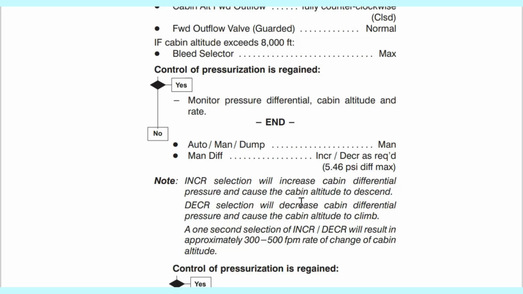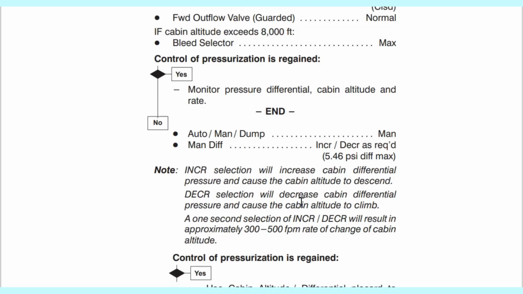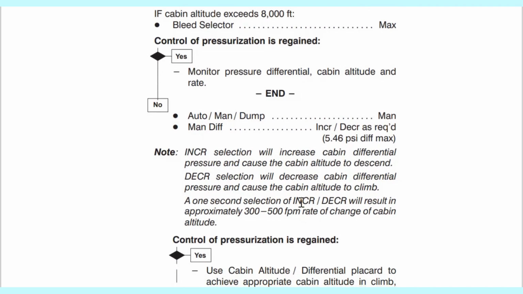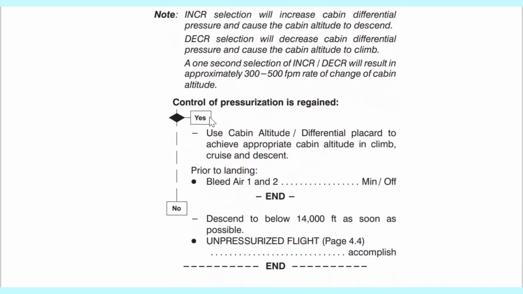So what you do, you look at your card on the overhead panel there next to the gauges, the rate gauge, the differential gauge, and the cabin altitude gauge, and then you match the elevation, the pressure level you're at, the flight level you're at, to the cabin altitude that the aircraft should be at, by using this increase and decrease technique, okay.